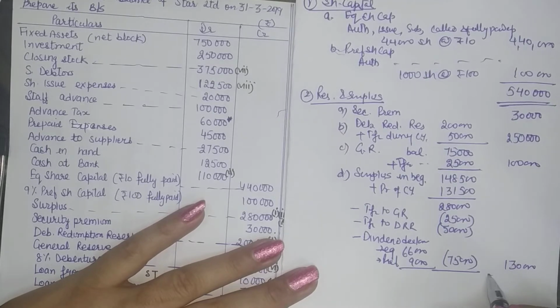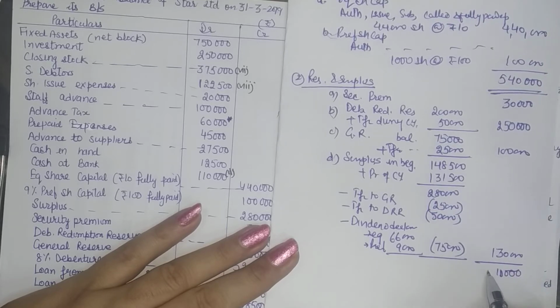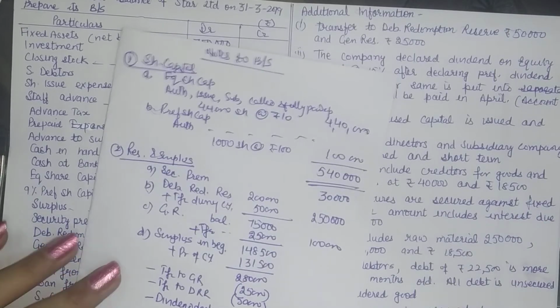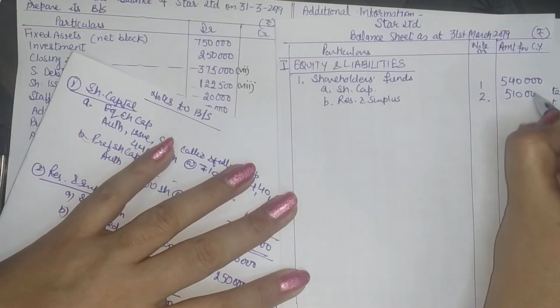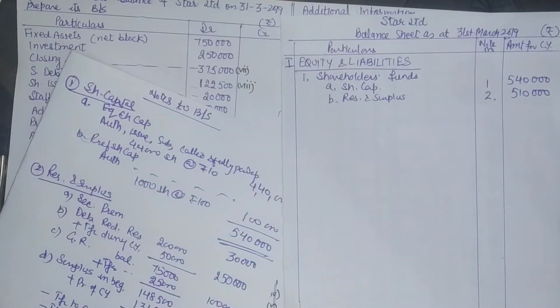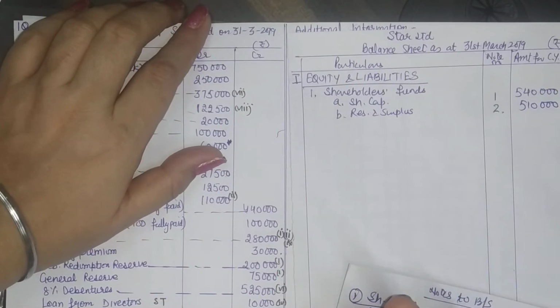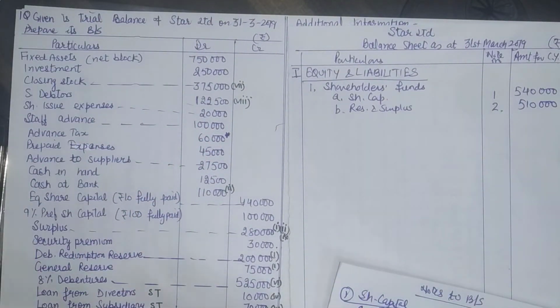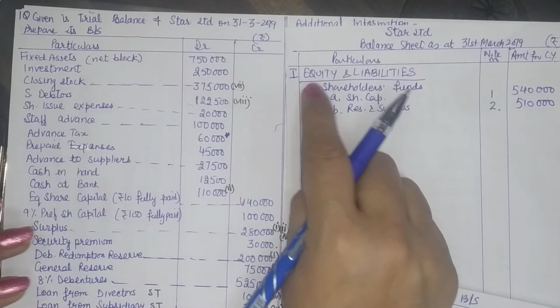1,30,000. Okay, so we have a total of 5,10,000. Okay, so this is our balance sheet format, 5,10,000. Now third category, that is the money against share warrants is not given. Next main category, share application money pending allotment is not given.